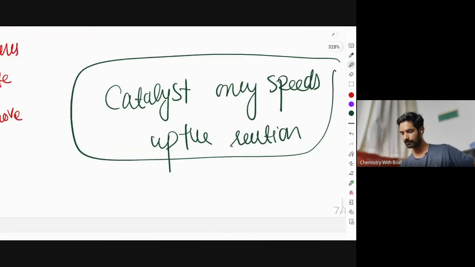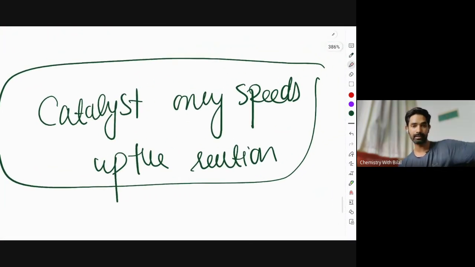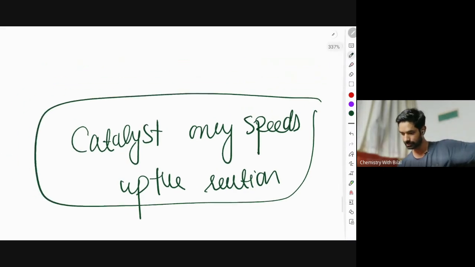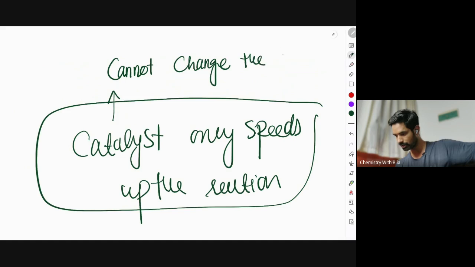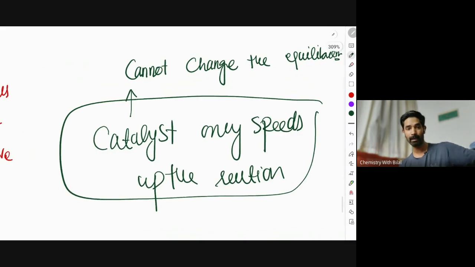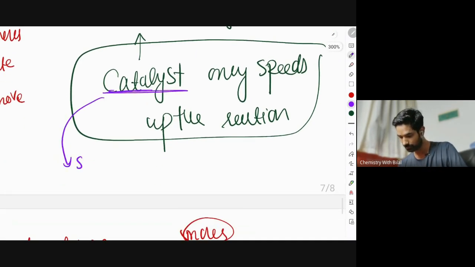And we know that a catalyst has nothing to do with the position of equilibrium. It cannot change the position of the equilibrium. It just cannot. But what it can do is help the reaction achieve equilibrium quicker. I mean, if initially the reaction is taking more time, in the presence of a catalyst, since a catalyst increases the rate of both forward and backward,